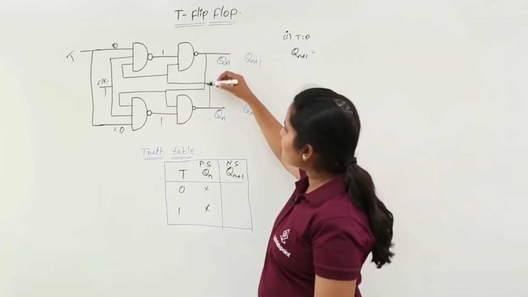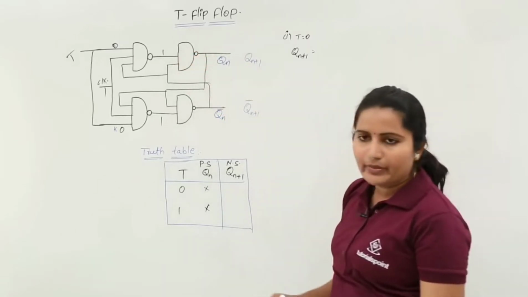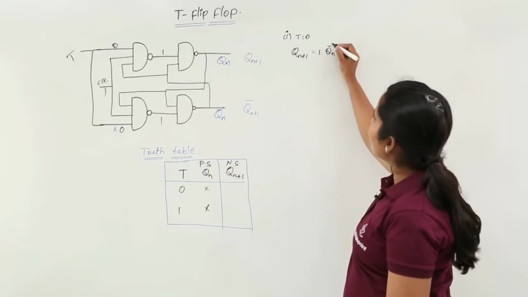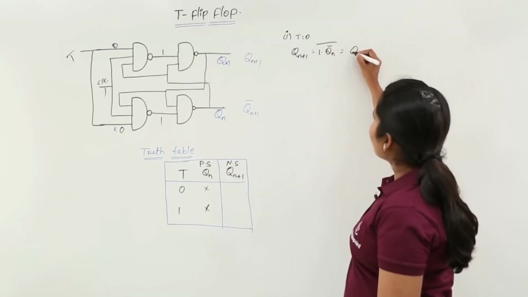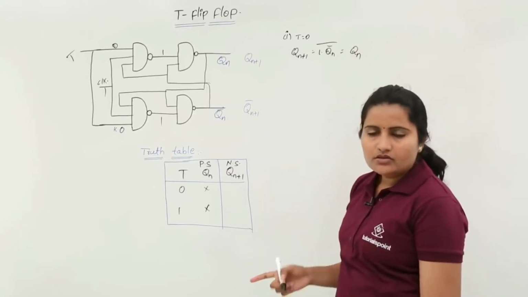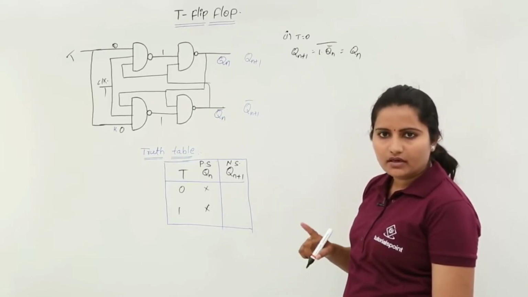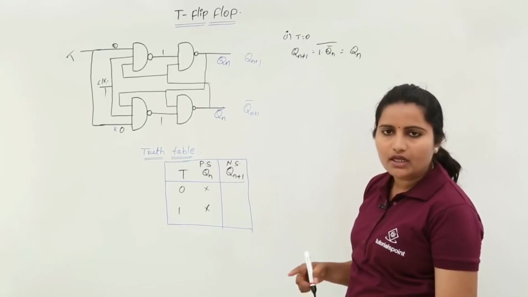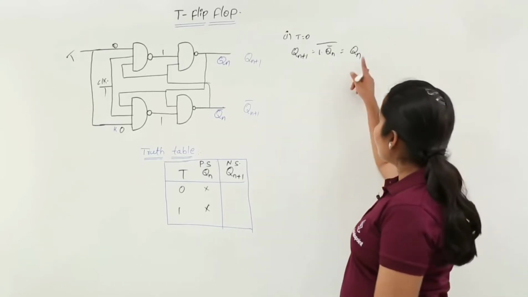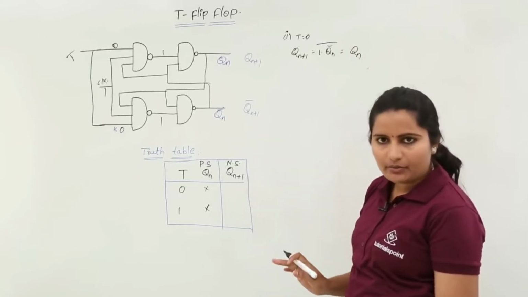To get Qn plus 1, I need this input from the complement of the present state. So 1 into Qn bar whole bar, here you are getting Qn, so you are not getting any value. That is why you need to check the complement port also, whether you are getting a value in the complement port or not. If you are not getting a value at the complement port itself, you can write this Qn as it is, otherwise you need to take the reference of that complement port.